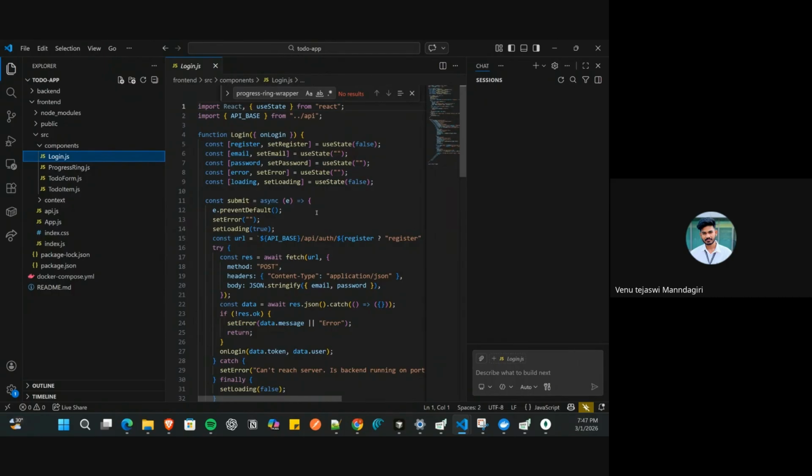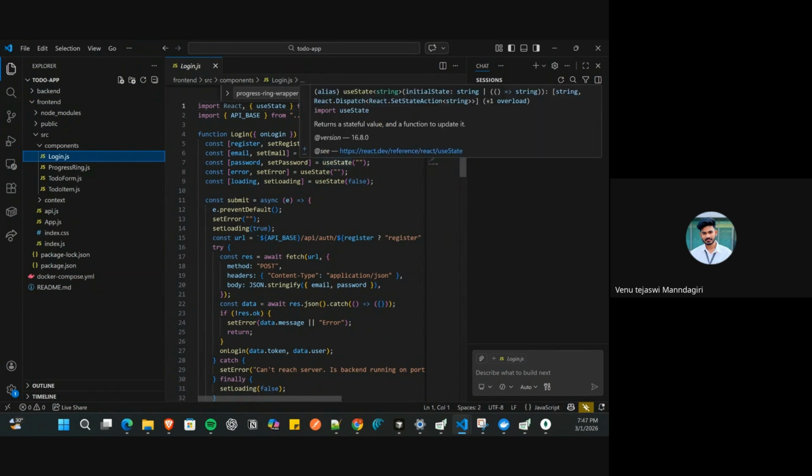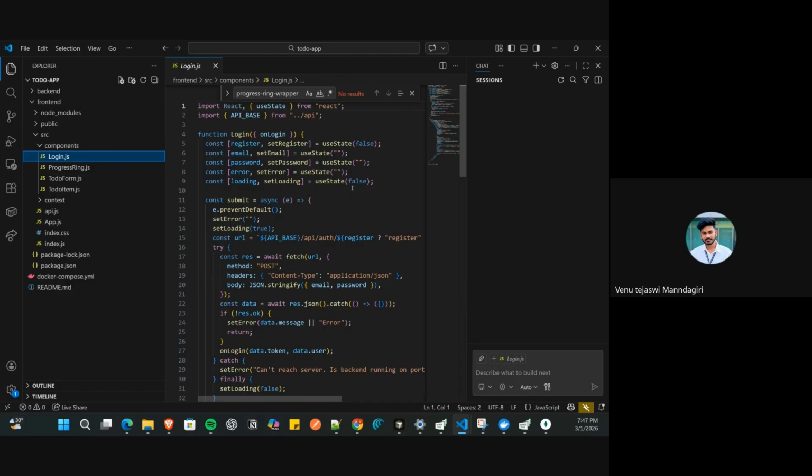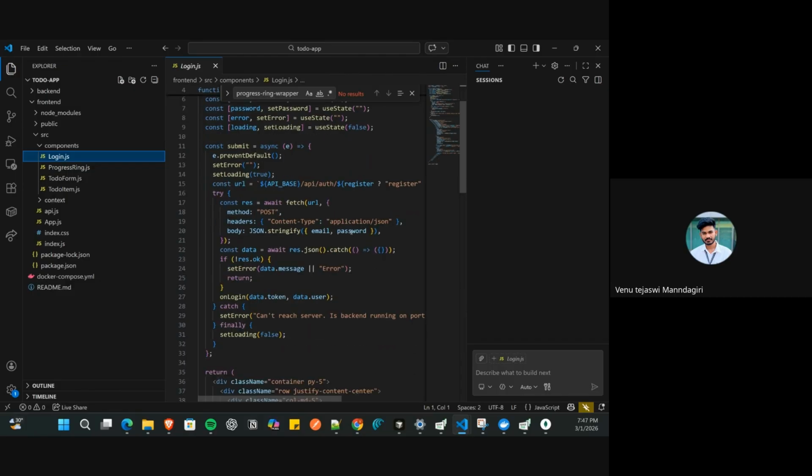In the login page, what information do we need to take? We need to check whether the user is registered or not, and we need to take email and password, and if there is any error, we need to handle it and render it. So on submission of